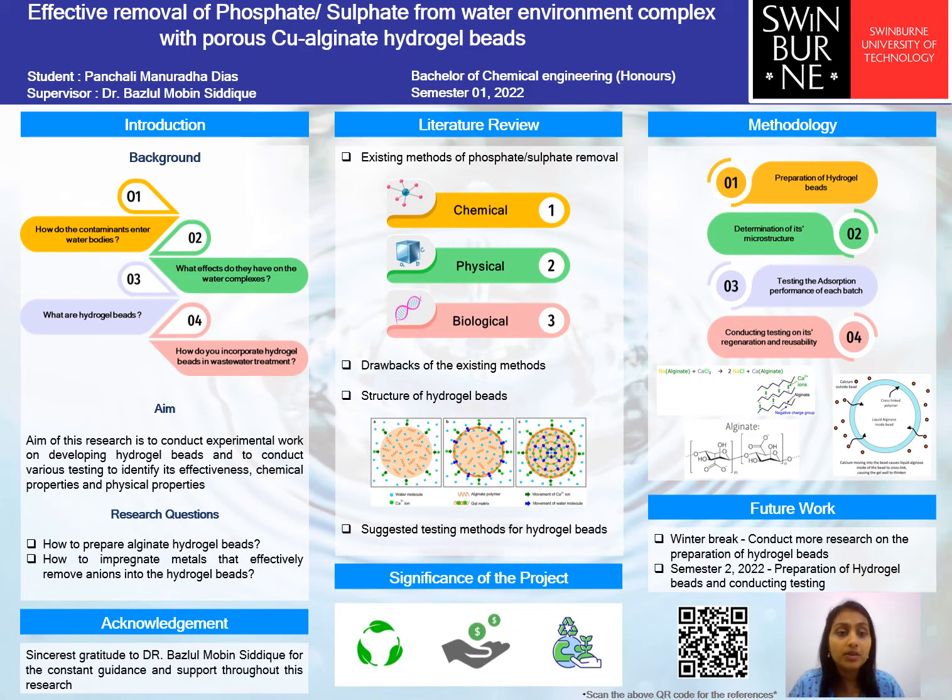The most important part, the methodology of this research, can be divided into four parts: preparation of copper alginate hydrogel beads, determination of its microstructure, and determination of its absorptive performance. And if time won't be a constraint, I would be doing the fourth step, that is the studies on regeneration and the reusability of these prepared hydrogel beads. So the current status of my research on the methodology is to prepare and optimize the copper alginate hydrogel beads, and the studies have shown that the beads can be integrated depending on its use as well as the targeted anions. So the skeletal methodology in its application is quite similar, and each research incorporates the same kind of